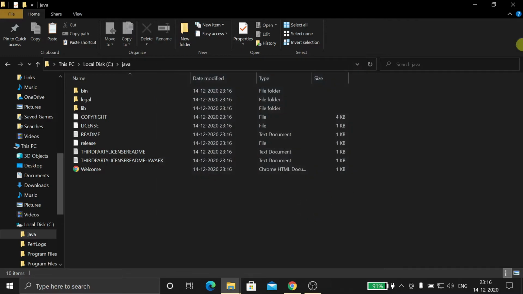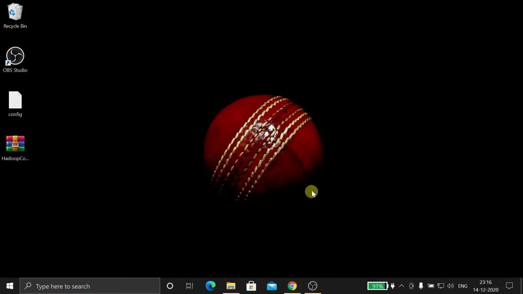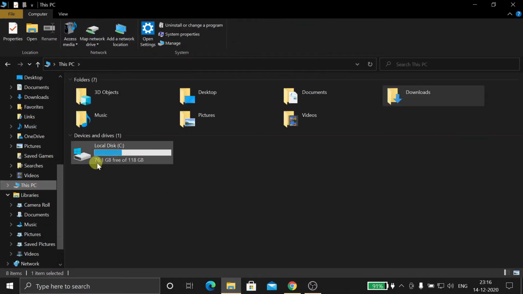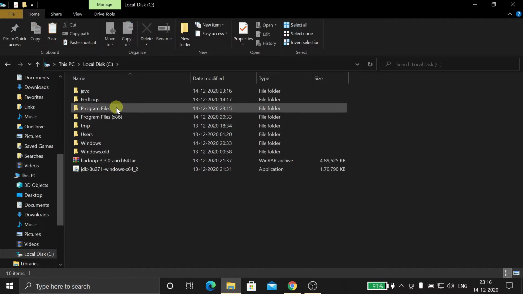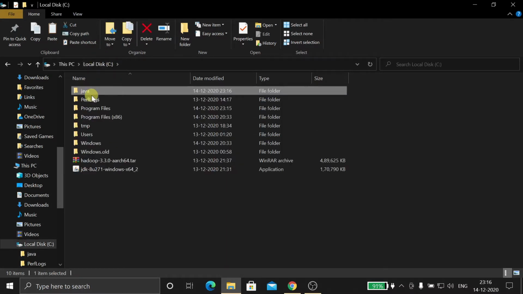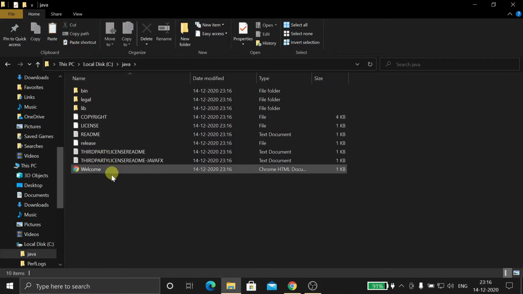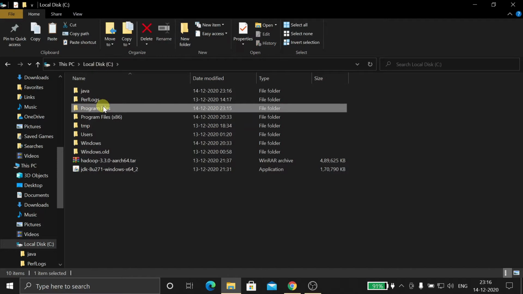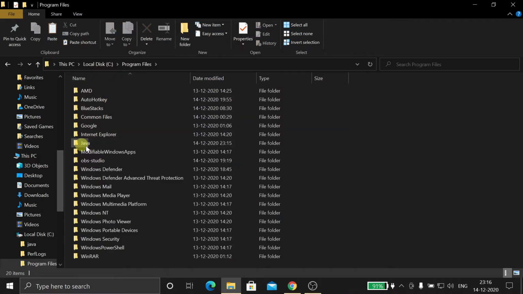Simply close all the files, refresh, open C drive, this PC, C drive. See, this is the Java folder which we have created, but in this folder we don't have the JDK folder. The JDK folder will be in Program Files. Open Program Files, and here you can find another Java folder.